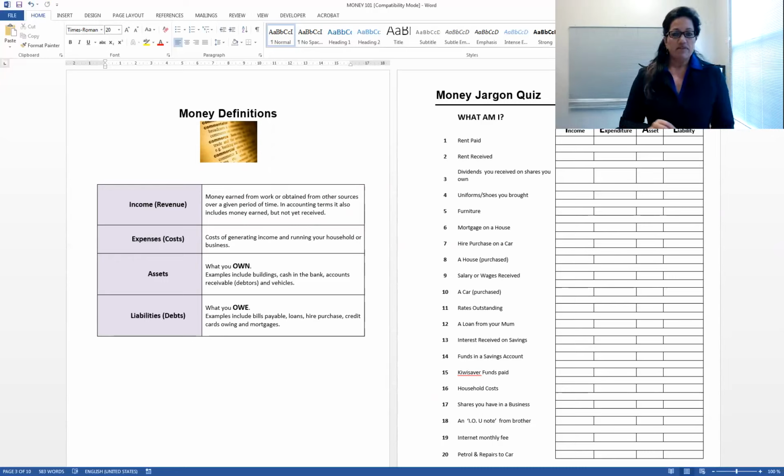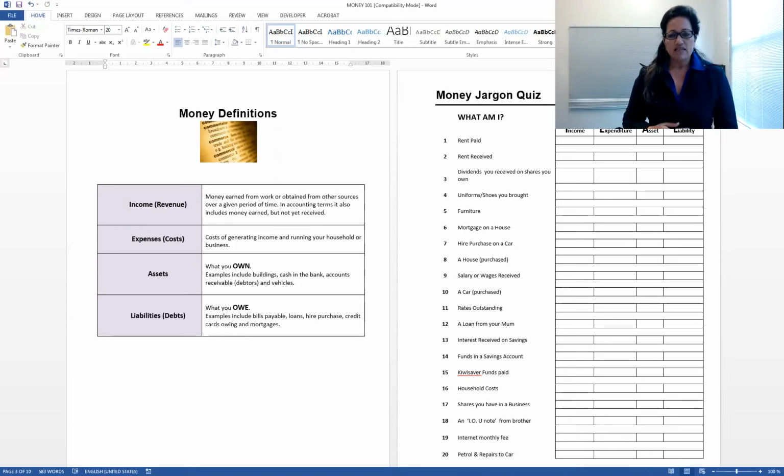The quiz itself that you had a chance to look at, and if you haven't had a chance to look at that, go and have a look online at the workbook and do it. If you look at the quiz, we're looking at it from an individual perspective. So say it was from me. So that's important as we move forward and do the quiz, to understand whose perspective you are considering it from.